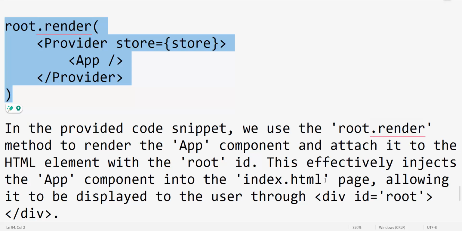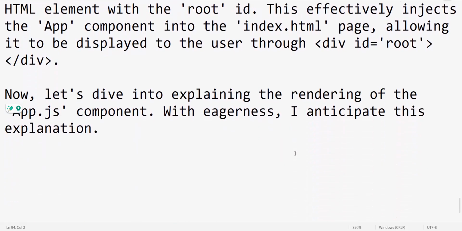This effectively injects the app component into the index.html page, allowing it to be displayed to the user through the div id equals root element. Now let's dive into explaining the rendering of the